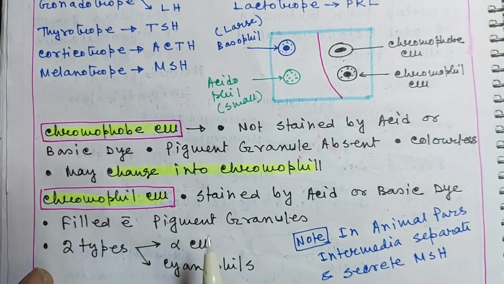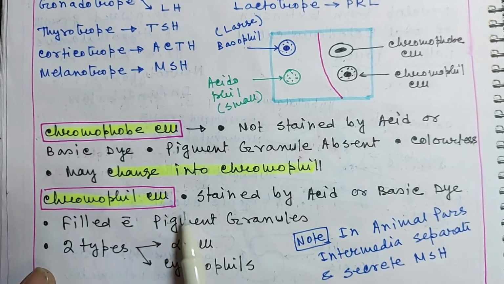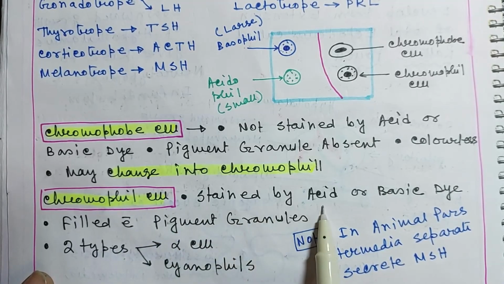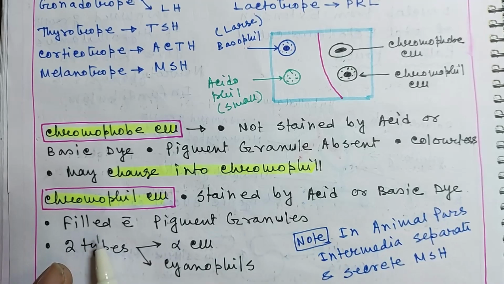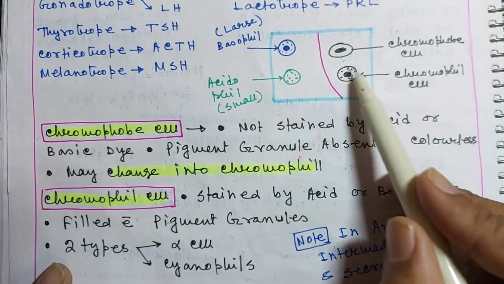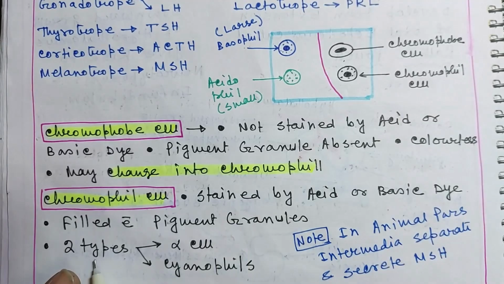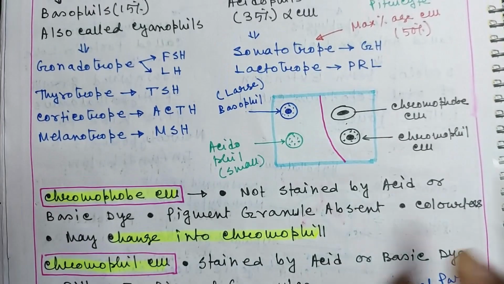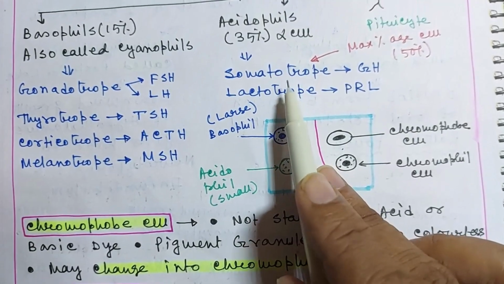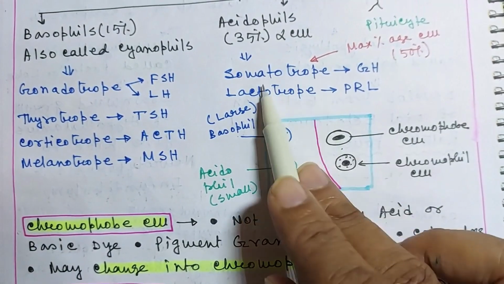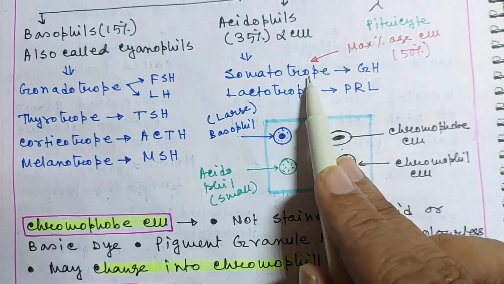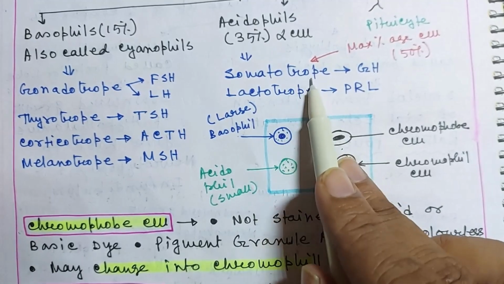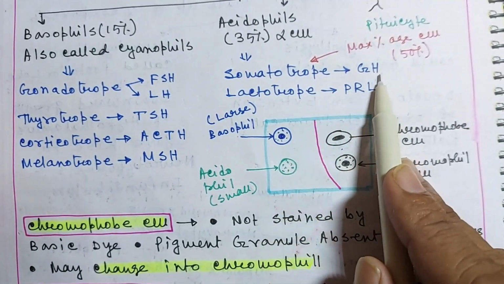And the second type of cell is the chromophilic cells, which are stained by acid or basic dye and are filled with pigment granules. Two types of chromophilic cells can be found in the pituitary, the alpha cells and the cyanophils. Alpha cells means acidophilic cells, and two types of acidophilic cell can be found in the pituitary or adenohypophysis. One type is the somatotrope, and this somatotrope acidophilic pituitary cell causes secretion of growth hormone or somatotropic hormone,